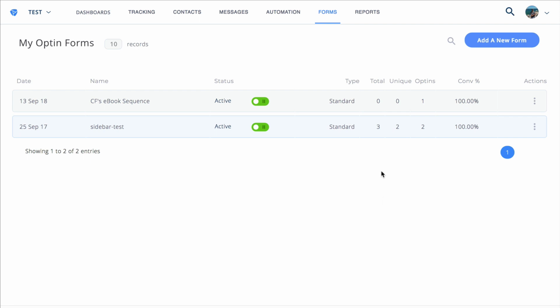So if you're using ClickFunnels and you want to send your contacts into Platformly, the way you can do that is you need to create an opt-in form. For any third-party service that you want to connect to, if they don't have a native integration, you're going to create an opt-in form, okay? So in this example, you'll go Forms, Opt-ins, Add New Form.